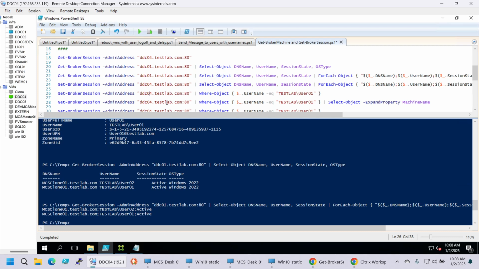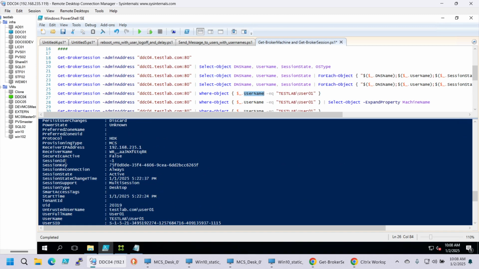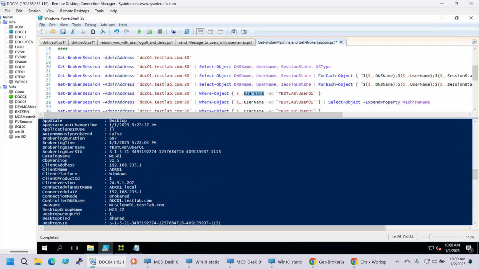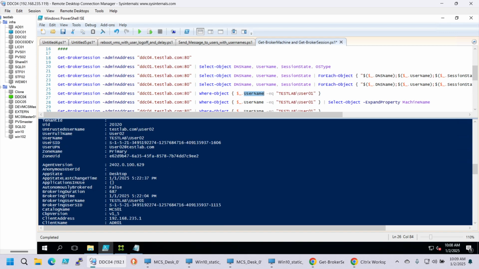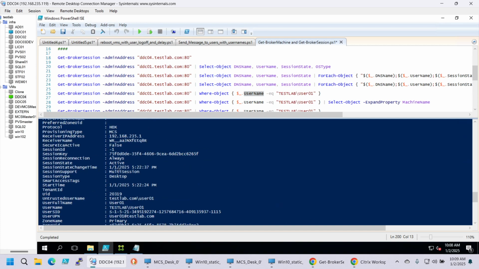Let's switch to the other one, and you need to use this type of search, Where-Object, and you just need to mention that you are searching for the username, because this is the same. So you're again searching for that